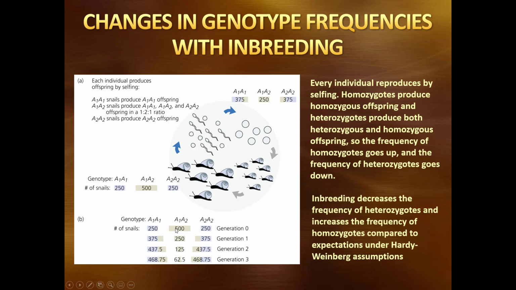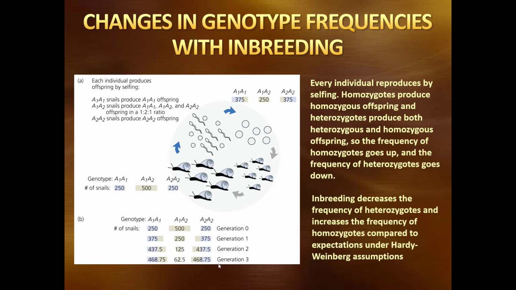And then every generation we are losing heterozygotes, because remember, when heterozygotes mate with themselves, when an A1 A2 mates with an A1 A2, 1/4 of their kids are A1 A1, half are heterozygous, and 1/4 are A2 A2. So every generation we lose half of our heterozygotes and dump them into the 2 homozygote categories. We're giving them to the other groups.